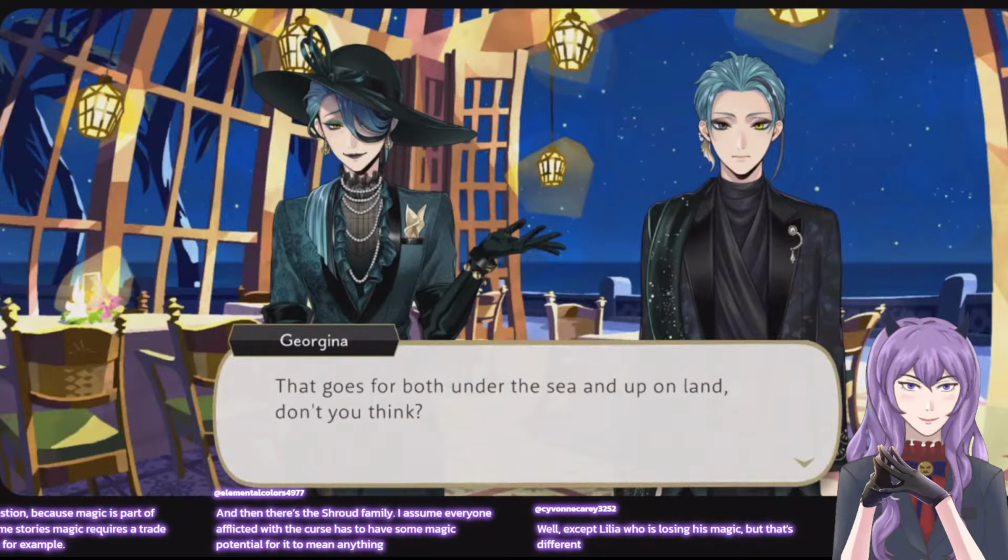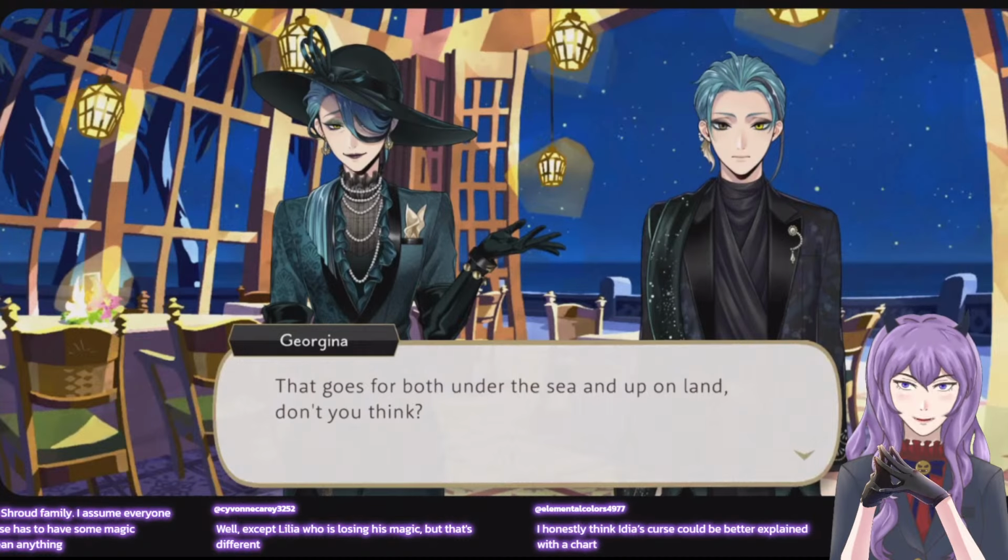And then there's the Shroud family. I assume everyone afflicted with a curse has to have some magic potential. I think so too, assuming Adia's father is the one, because his grandmother was the head of the family. I assume if they want to be the keepers of the underworld, they have to be able to use magic, otherwise you wouldn't have that signature spell.